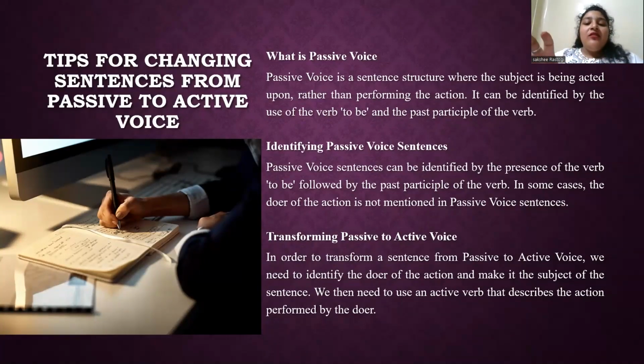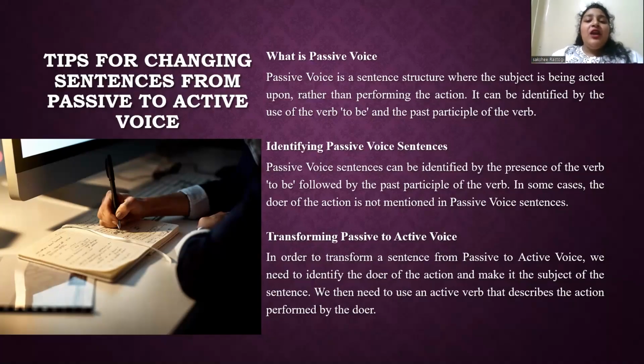Verbs in the passive form often include be verbs, meaning is, are, am, be, been, or being, plus a past participle. For example, was written, is done. Check for the subject receiving the action: ask yourself if the subject is receiving the action described by the verb. Watch for prepositions like by, with, or from, which introduce the agent, who is the doer of the action. So identify the agent.